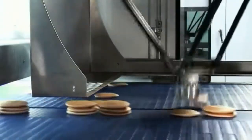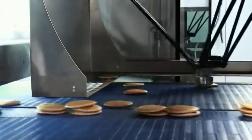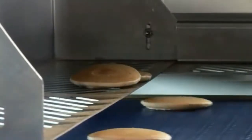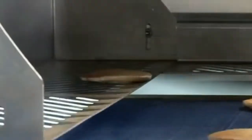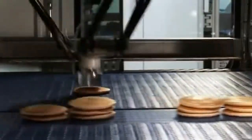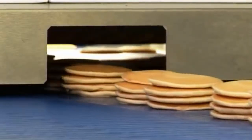Helping Honeytop reduce its wastage, RG Luma has introduced a new buffer system. It enables the robots to keep pancakes on the buffer shelf until a short stack is identified. The stacks of pancakes are then fed out of the robotic enclosure on the central outfeed conveyor, ready to be